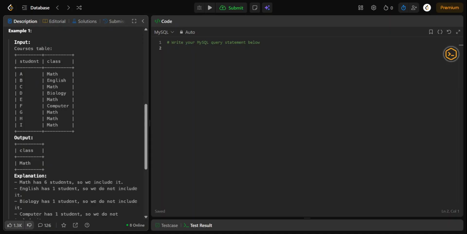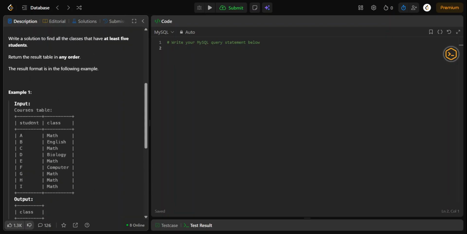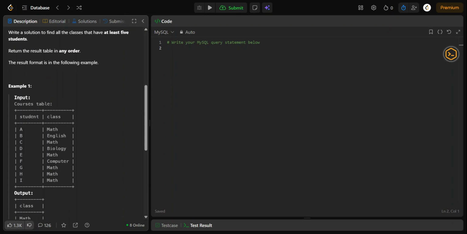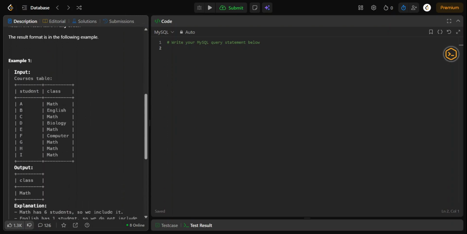The question says at least 5 students. Let's check. Math: 6 is greater than or equal to 5. Yes, true. For English, no, there is only one student.